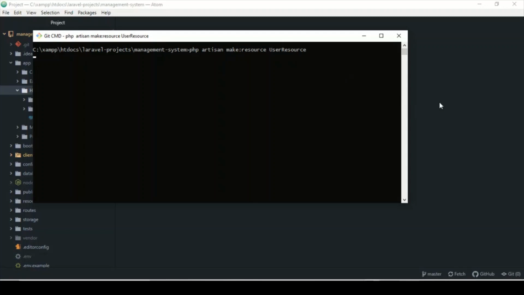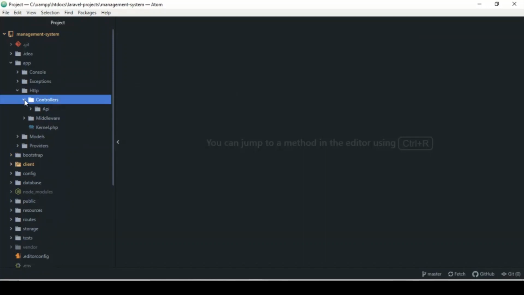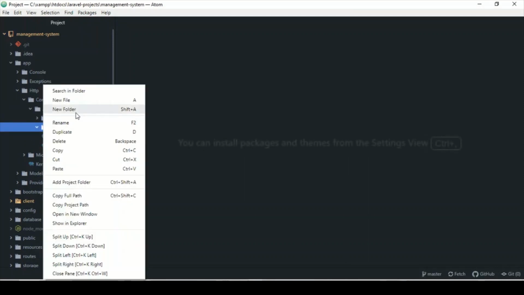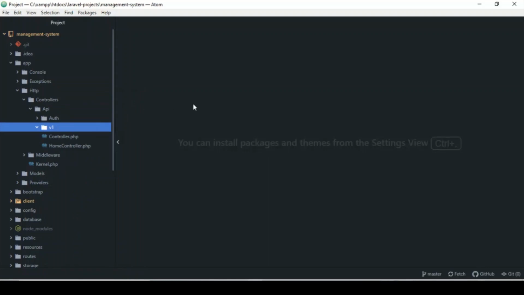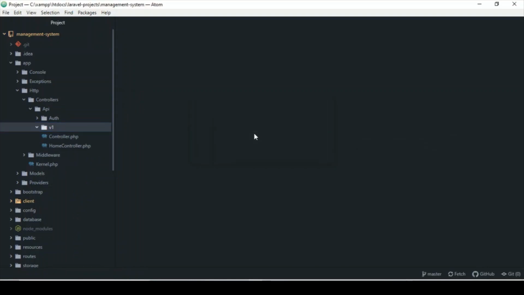I don't know why it's taking forever, but that is pretty much that. So let's leave that for now. Now in the controllers in API, I'm gonna delete this for now because we're not going to do any virtual, and I don't want it to be confusing. I'm gonna delete that for now, and in here then